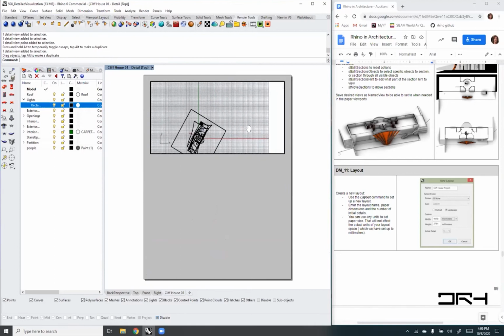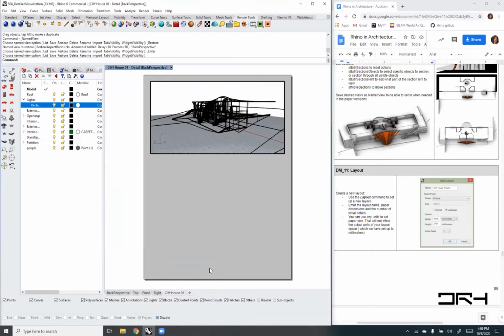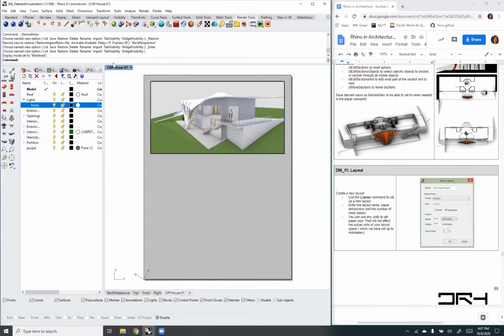So you can start to pan, or you can even change the view to set it to any of our views. So if we want the back perspective, we just set it to the back perspective, and it really does show the back perspective. We can also change the view to be rendered, or we can zoom in until we are happy with the view, and then we can double click outside, and now the detail is within our paper showing our model